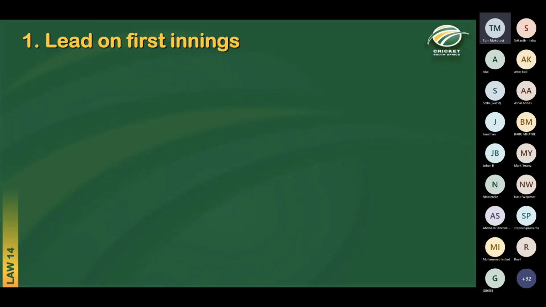So for those of you who don't know what the follow-on is, I mentioned earlier in the innings law that in a multi-day cricket match and a 2 innings per side match, normally team A will bat first, then team B will bat second, and then team A will bat again in their second innings, and team B will bat again in their second innings. So the order of the batting innings will be A, B, A, B. However, the follow-on